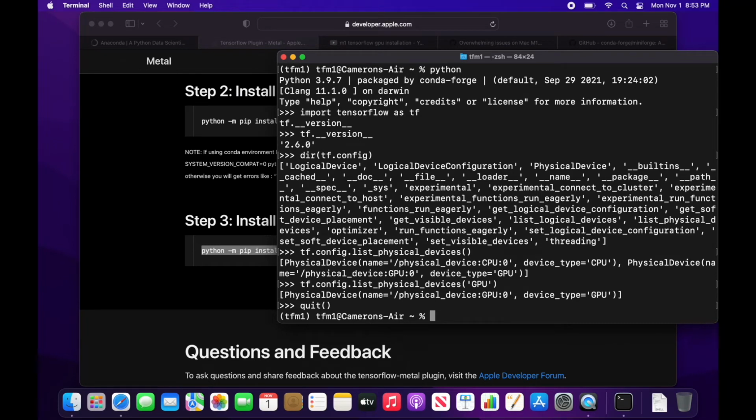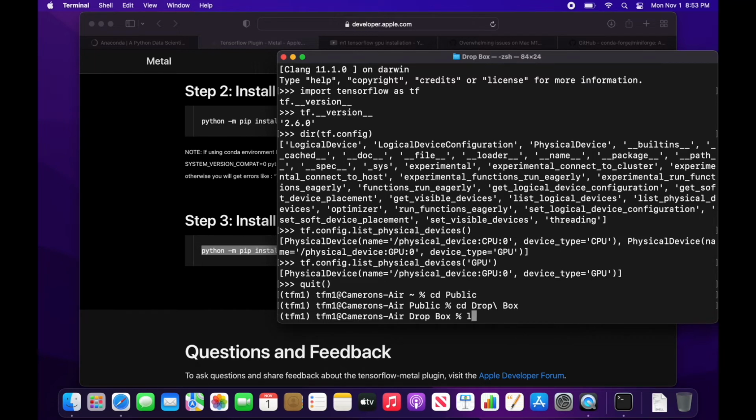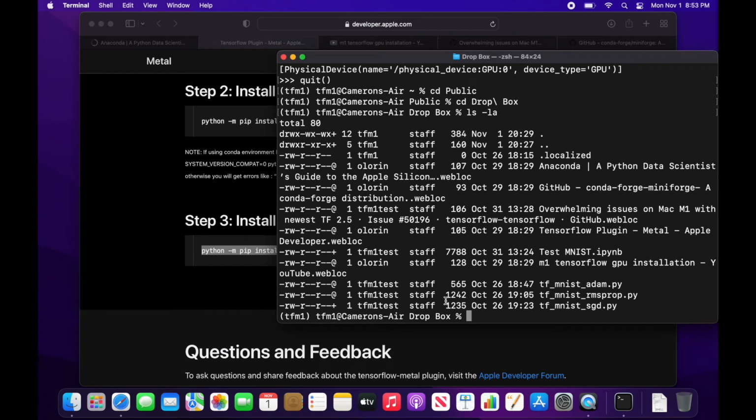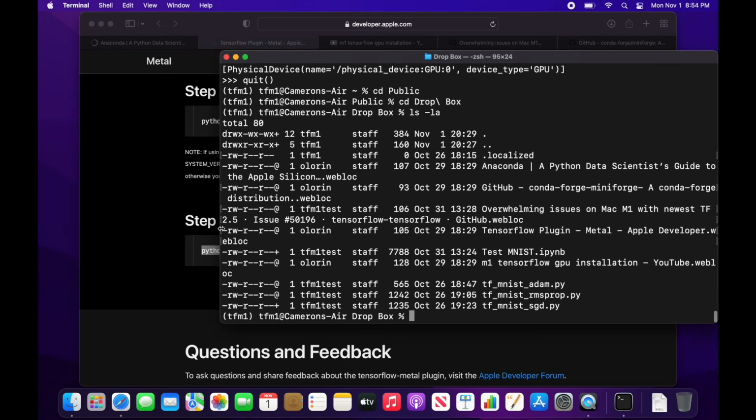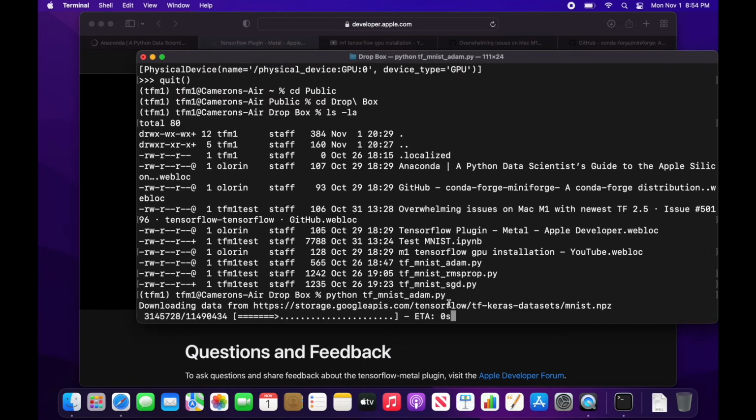What we can then do is go to the public folder, and then the Dropbox. Like I said, this is a brand new account. So in order to get some files that we can validate the installation, I dropped these into the Dropbox. So let's do TensorFlow MNIST Adam. We'll run python tf MNIST Adam, and it's just going to run a training on